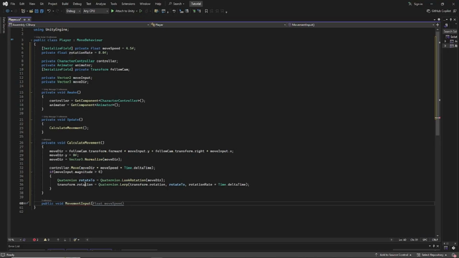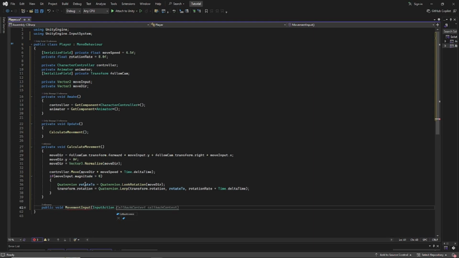In the parentheses this time, we're going to type InputAction.CallbackContext, and we'll just call it context. Basically, we're creating a variable and giving it a name, so that we can use it inside of the method. So we'll add our curly brackets, and then